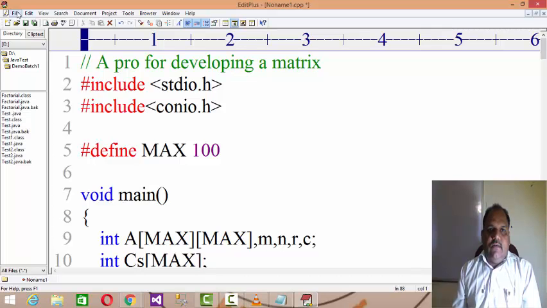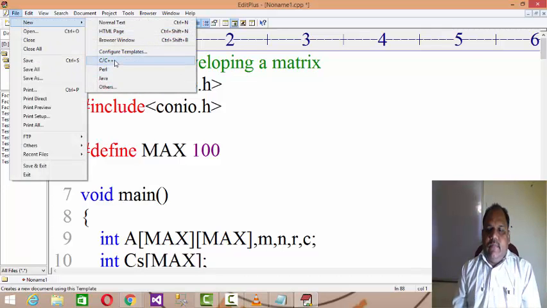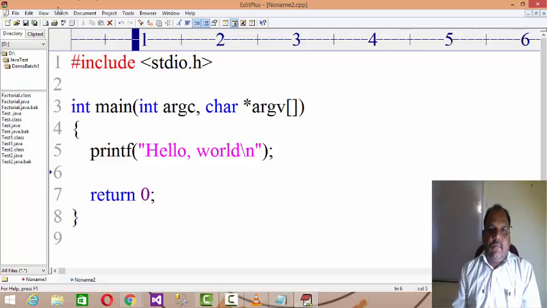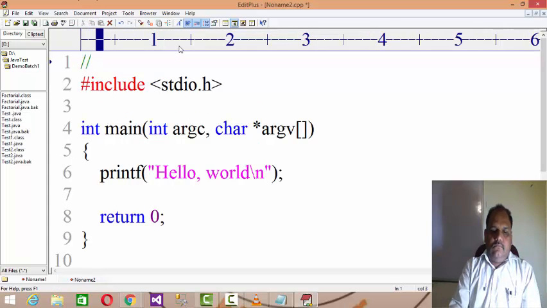Let's understand firstly the logic of matrix addition. Matrix addition is a very easy thing.